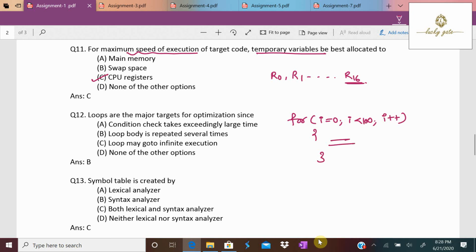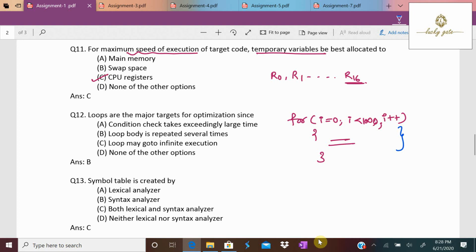If i is less than 100, this loop is repeating 100 times. If i is less than 1000, it is repeating 1000 times. It means that most of the time the compiler is spending on this loop itself. That's why loops are major targets for optimization.